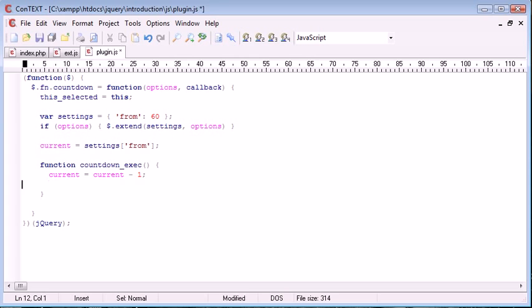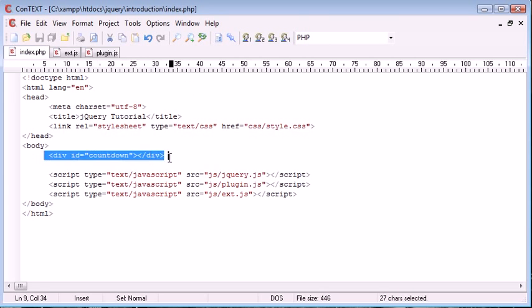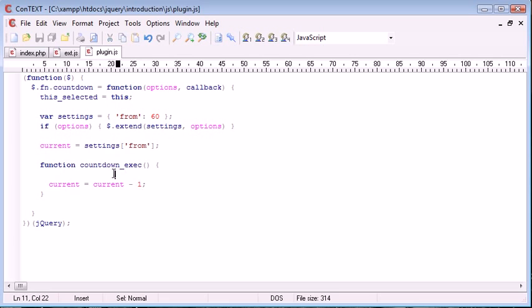Quite simple. What we then want to do is place the current value inside this_selected. So this will equal this, because we're using it in the function, i.e. this countdown div. So we want to say this_selected. Remember, we're using this outside of here because it's now global. Dot text